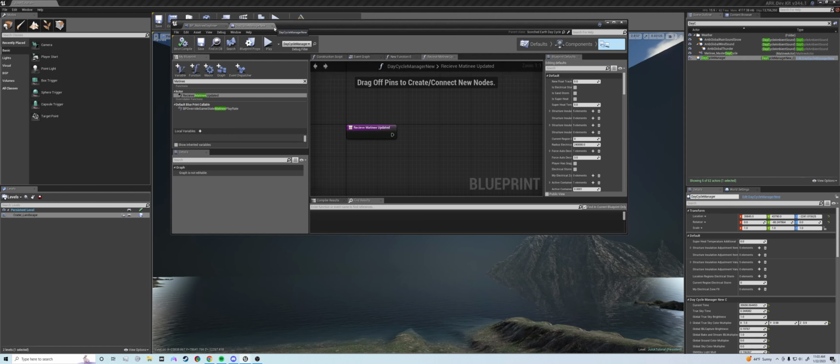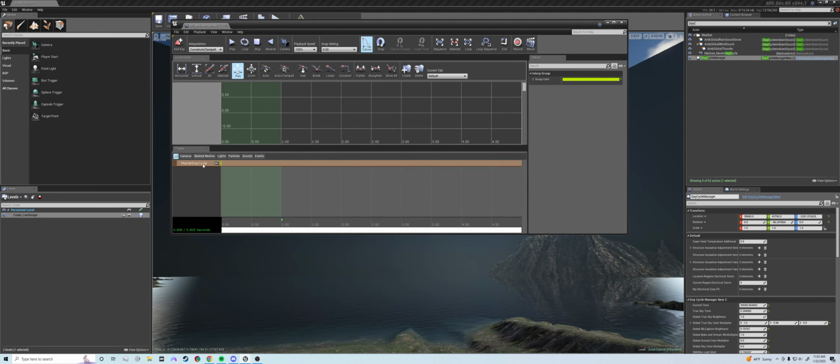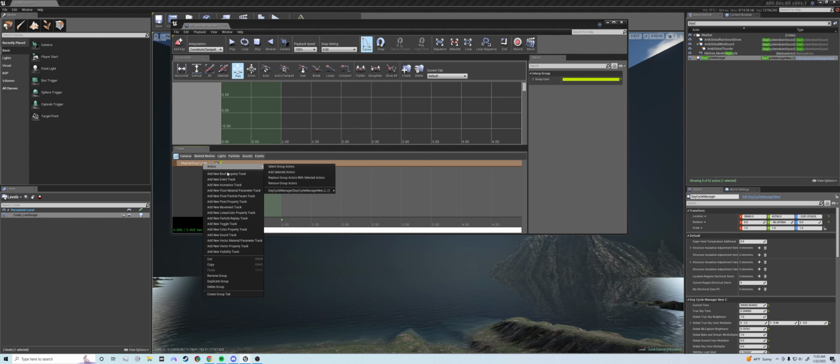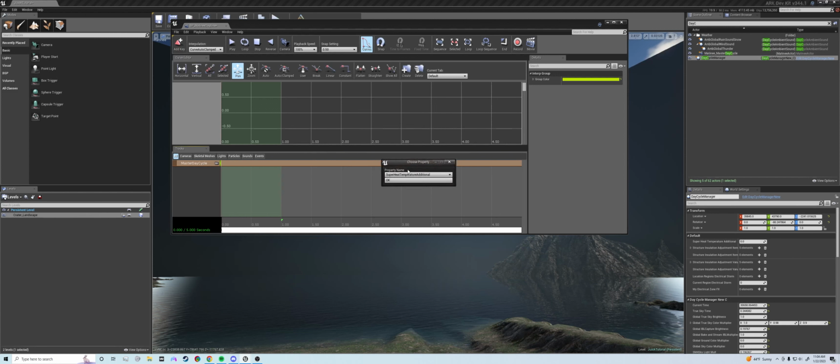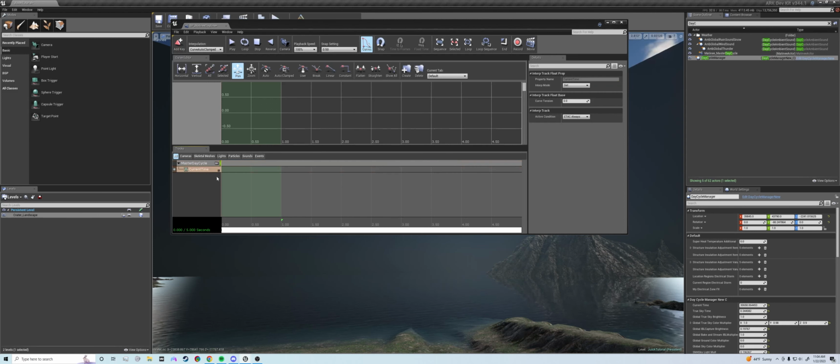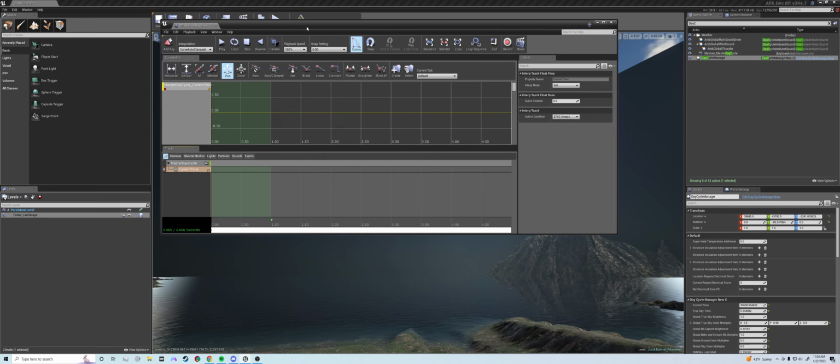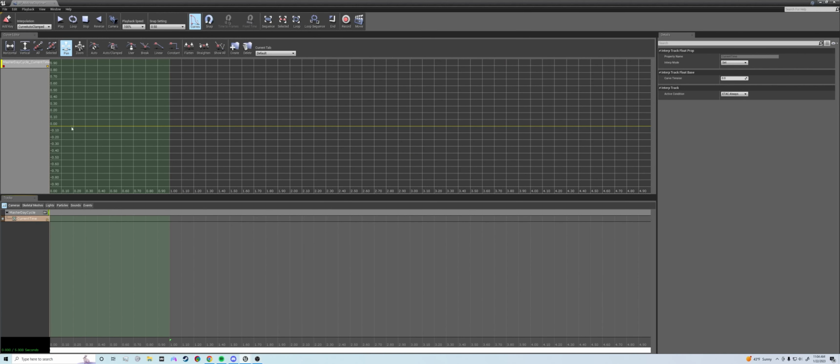And we will proceed to adding a couple of tracks just for the day cycle, just to keep this tutorial short and comprehensive and not overly explained. So what was our first? Current time. Okay. Select this little square to add timeline visibility or float property track visibility. The first option I believe was